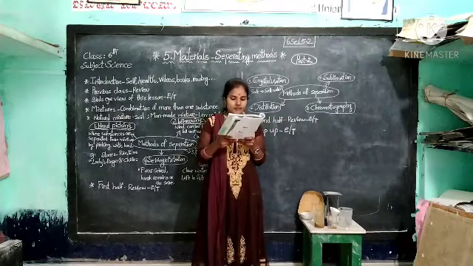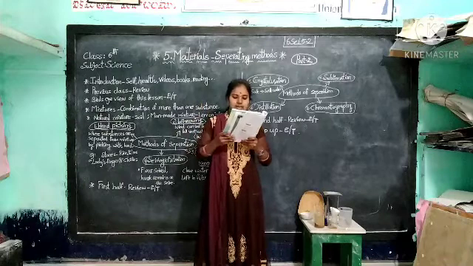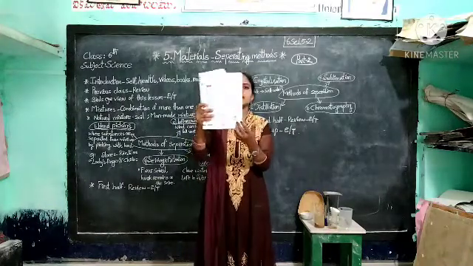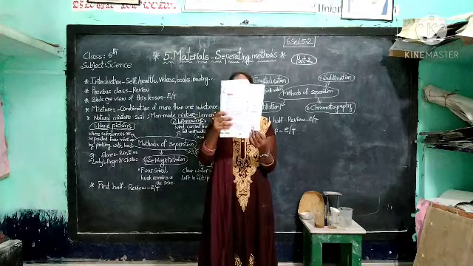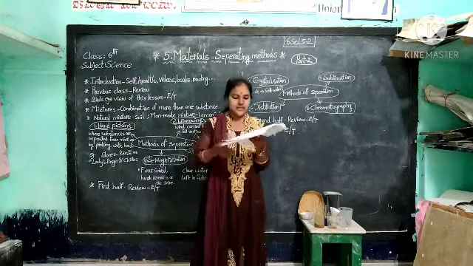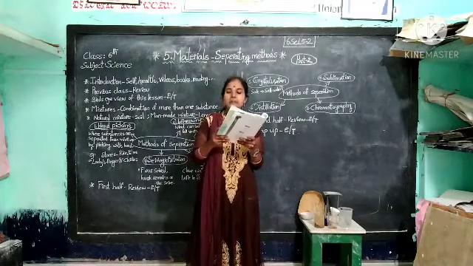Okay, here take a mixture of camphor and powdered salt in a china dish and cover it with a funnel like this. Okay, china dish lo manam koncham camphor, mixture of camphor and powdered salt తీసుకొని దాని funnel తో కవర్ చేయాలి. అలా చేసిన తర్వాత place the dish on the stand and heat it with a burner.